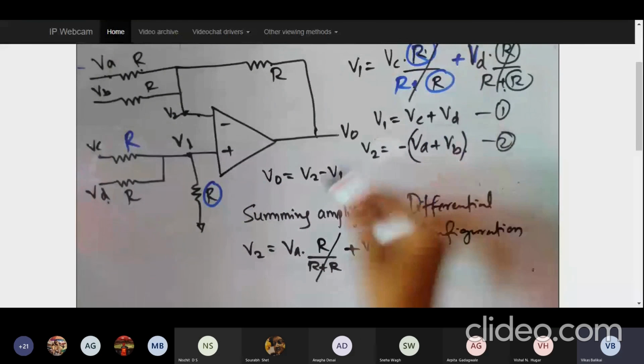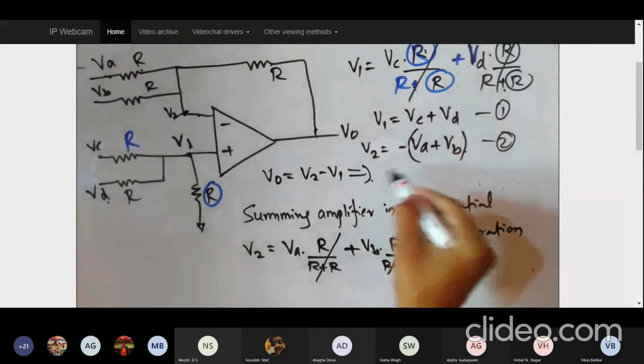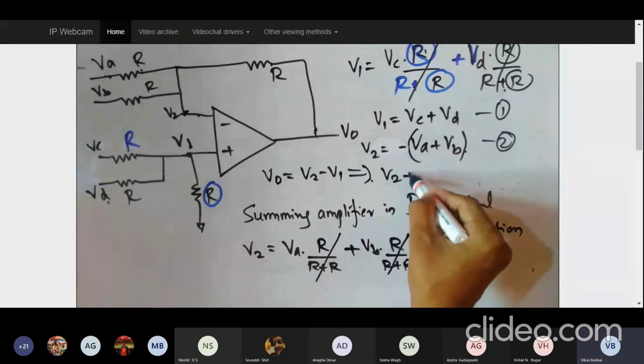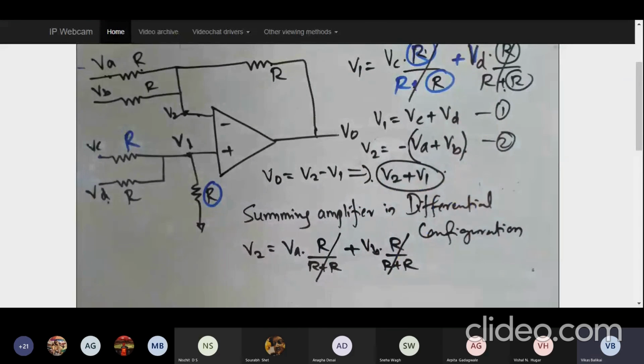If I substitute over here, it will be the addition of all the voltages. So this is how the voltage is getting added, it will be something like this finally if I do the substitution. So ultimately if I substitute the voltages V1 and V2 in terms of VA, VB, VC, VD, I am going to obtain the values of the final output voltage in terms of VA, VB, VC, VD, which will be the addition of all the voltages that are present over here.